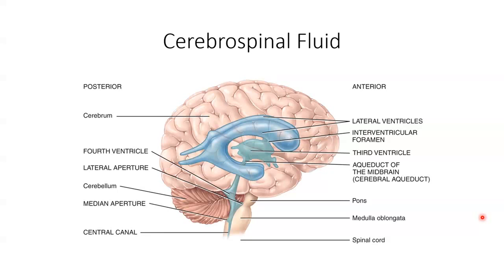And what you can see on this slide here are the 4 continuous cavities, which is where our cerebrospinal fluid is produced and through which it flows. So these blue cavities within the brain are called the ventricles. There are 2 lateral ventricles, so one in either hemisphere, the left and the right side of the brain. These 2 actually meet in the middle, but they are separated by a thin membrane,